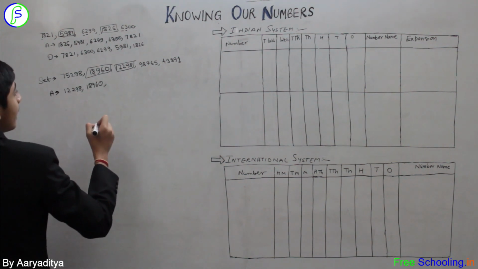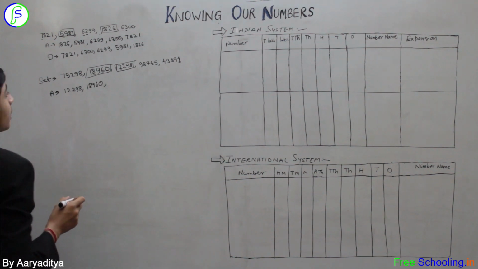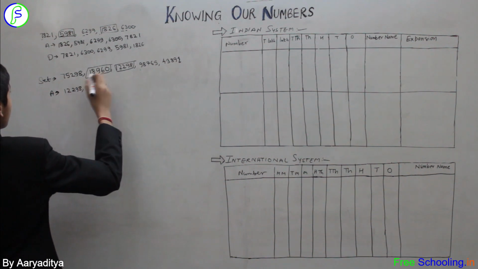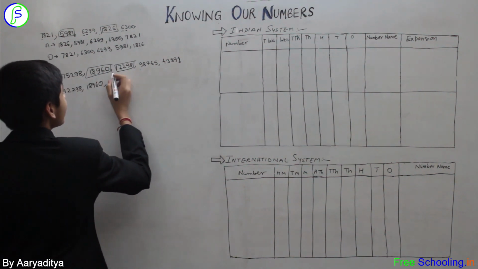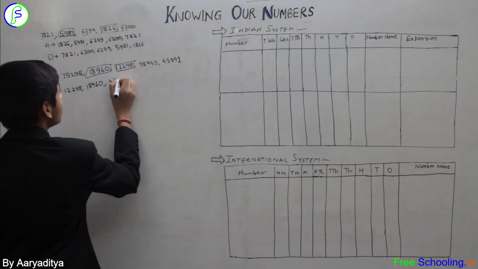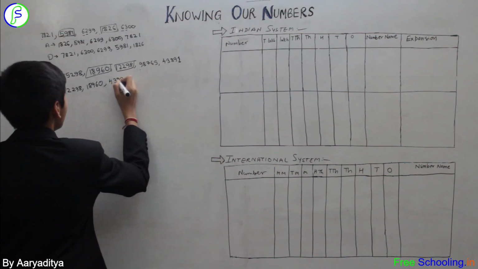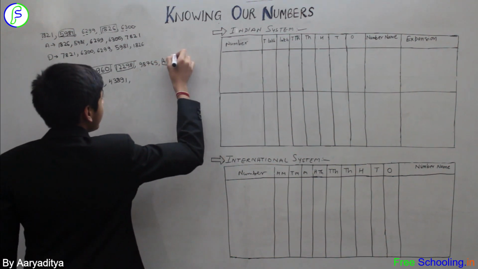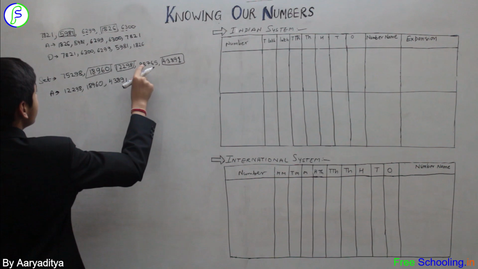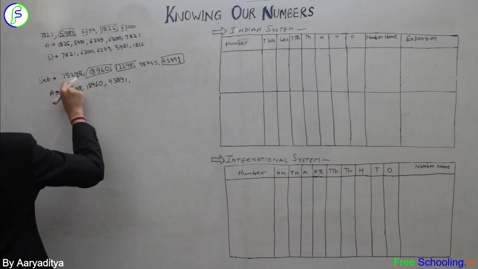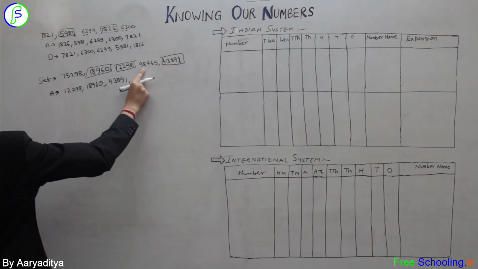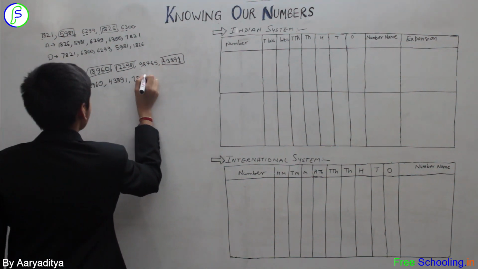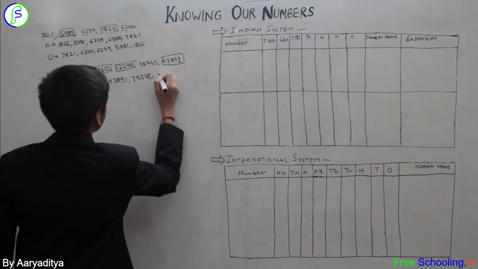So now again let us compare all the leftmost digit of the remaining numbers. We have a 7, we have a 9, we have a 4. 4 is the smallest among all numbers remaining in the set. We write it 43891. Okay. Now let us think 4 is eliminated too. Now we are left with two numbers. So the leftmost digit of this number is 7 and the leftmost digit of this number is 9. So we would take this number because it's smaller than this one. 75298, and at last we have 98765.